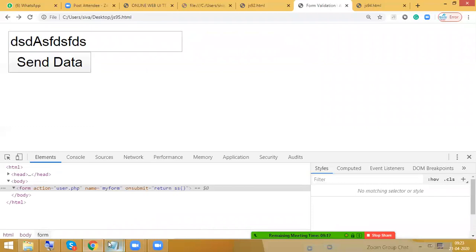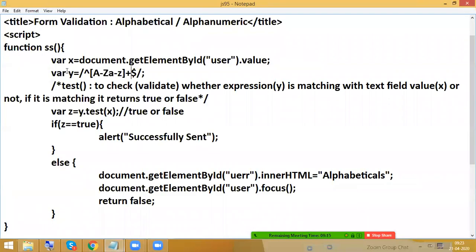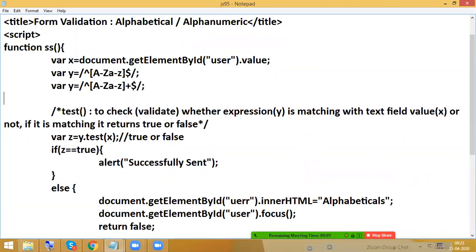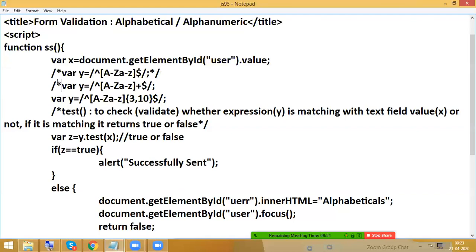Okay, fine. So now here you can try any expression. Like this, or like this. Even you can type like this. So what is the meaning of this one? So I will try this one. Here I will go with numbers also.